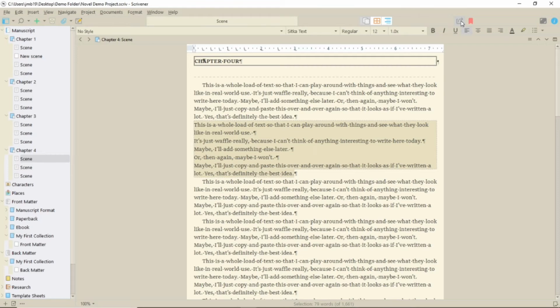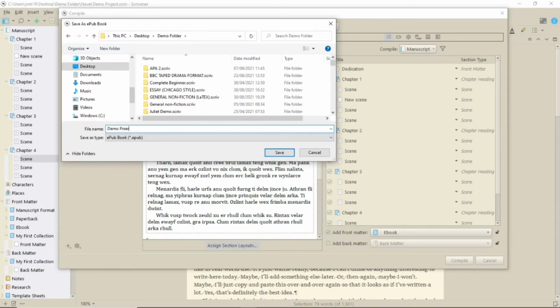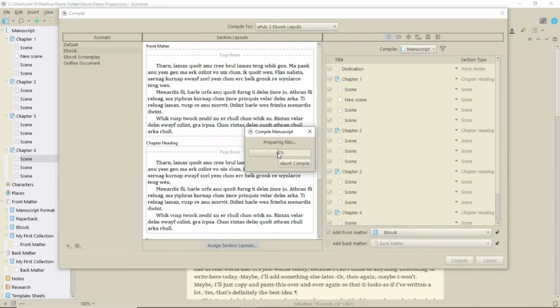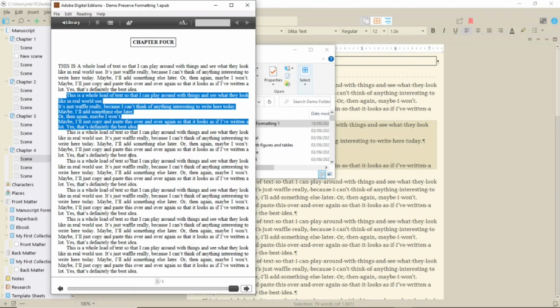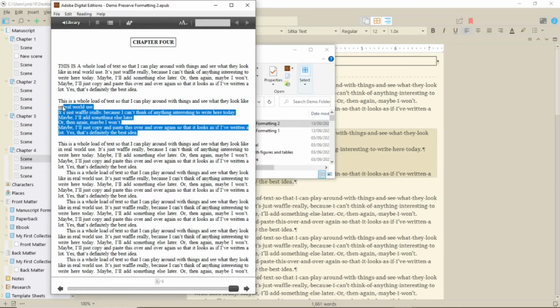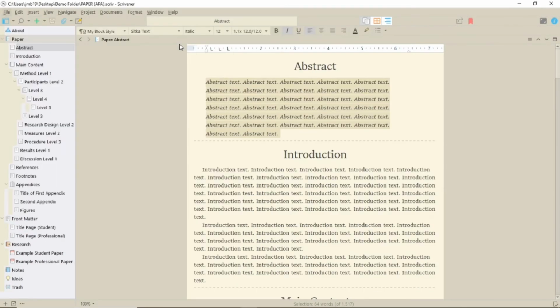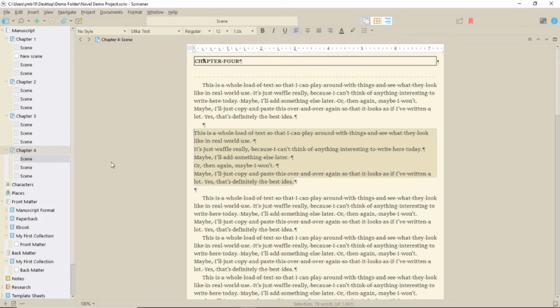If I preserve this and create an ebook, you'll see that, probably because the text has no line space before it, the first line still has an indent, but the rest works. If I go back and put in line spaces, it works fine. And even if I go out of the Scrivener file and back in, it still seems to preserve that formatting when a new file is generated. All well and good.